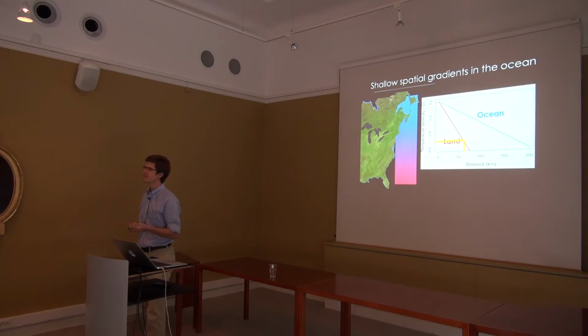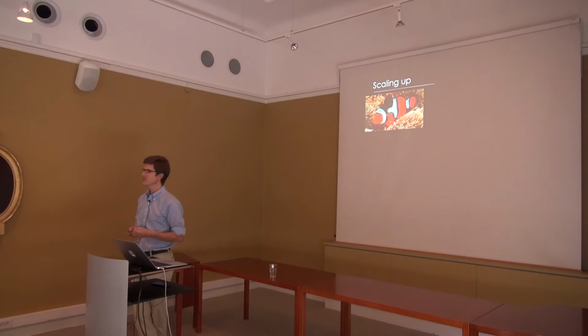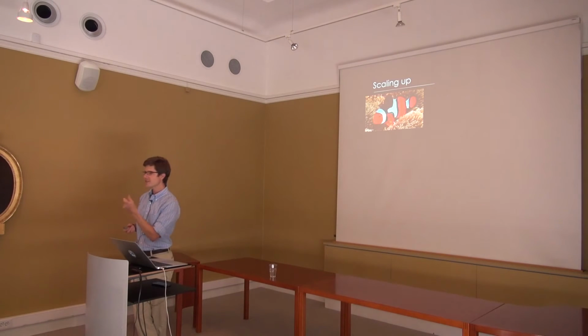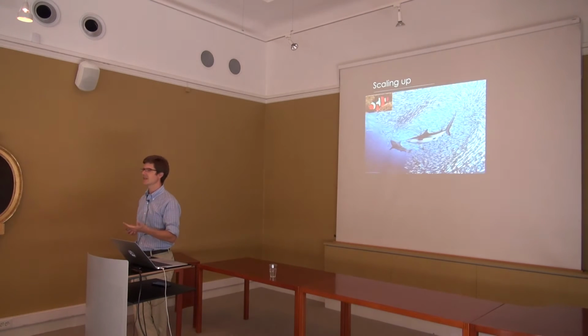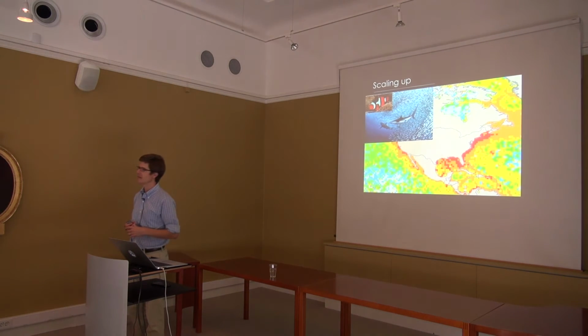But I think we have to think about how mechanisms work across scale. So when species are actually responding to global change, responding to global warming, it's often individual species interactions at small time scales, local spatial scales, physiological processes that are important, but then that scale up to population dynamics, maybe shifts in individual species ranges, that then scale up even further to these large biogeographic changes, large changes in community assembly, or even macroecological patterns.